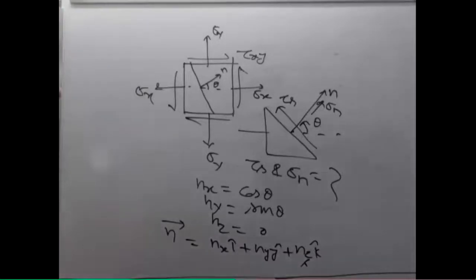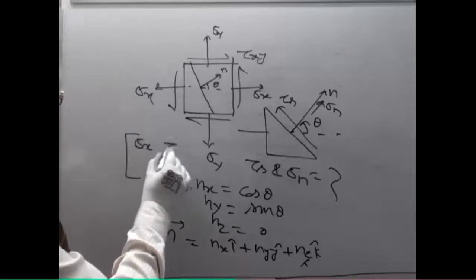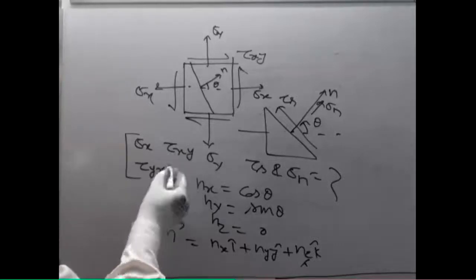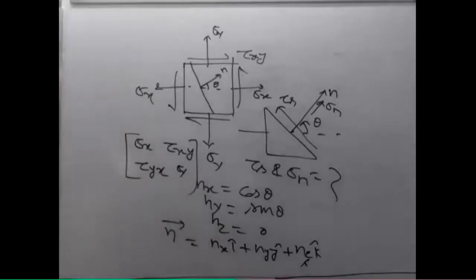Now what is the stress given? How will the Cauchy stress matrix be modified? This is sigma x, tau xy, and tau xy, you know that tau yx is equal to tau xy. It is the same. You can also write tau xy and sigma y. Because it is two-dimensional, there are no z elements here. So now you know the sigma matrix and the n vector, that is called the normal vector. Then you can find out the traction vector. Again, we'll go through the basic calculation to find it.